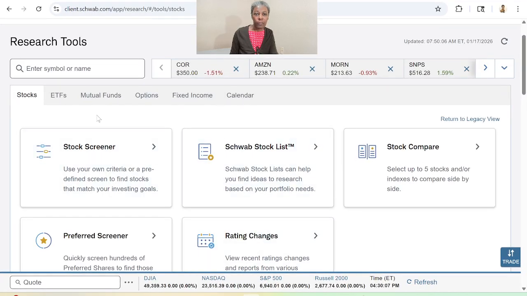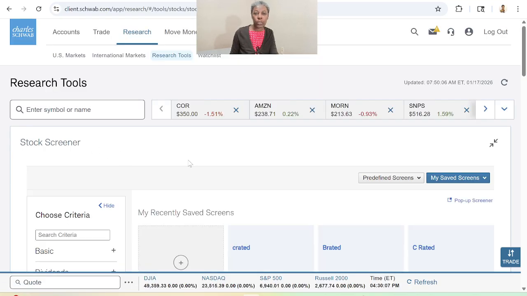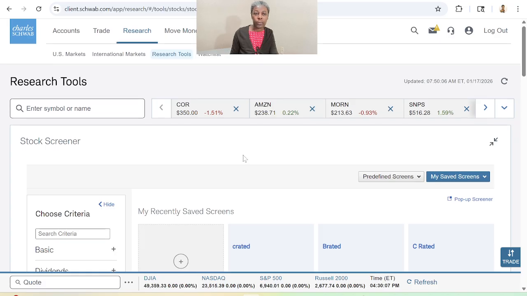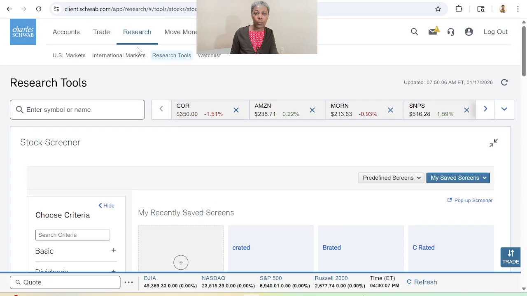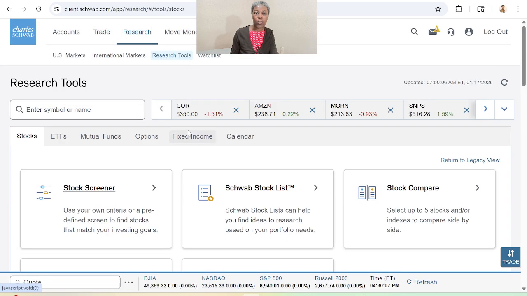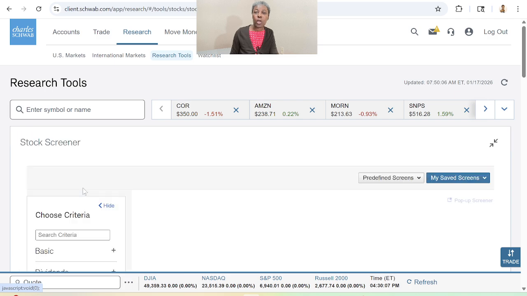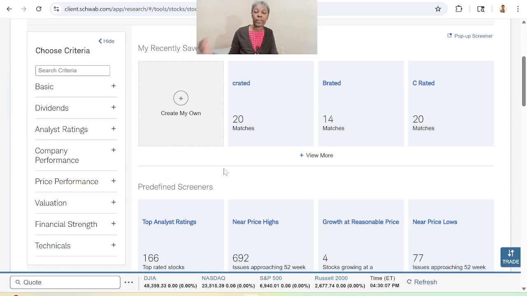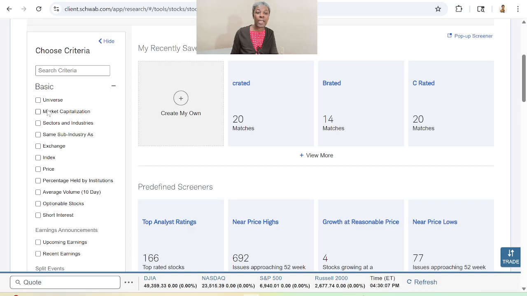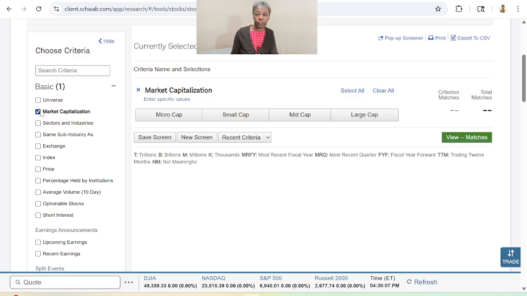Well, one way to use a stock screener is when we have Charles Schwab open here, you'll go in your account to access the screener. Pretty much it is under research tools, stock screener. And the way I like to use the stock screener is to pull stocks based on market capitalization,